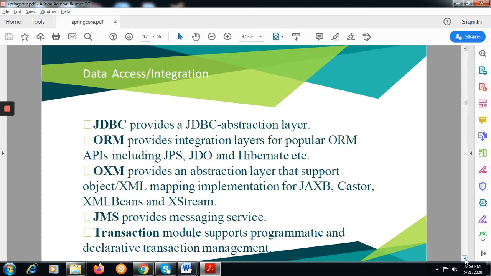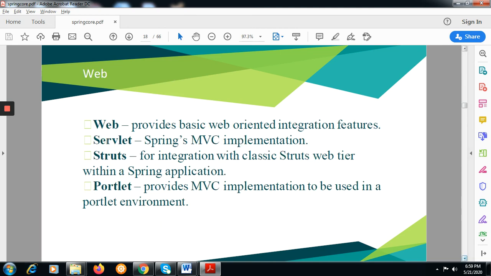So till that time, I hope you got the point. Now web. Web provides the basic web oriented integration features. Whatever we are talking about